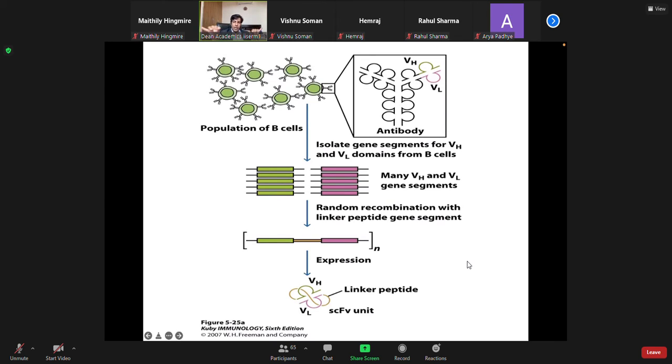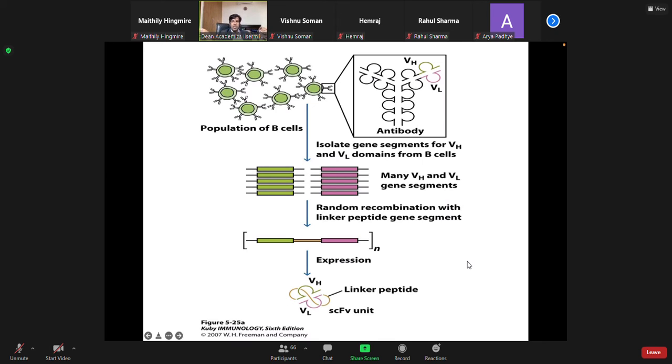Okay, and you have to choose them in such a way that they only amplify the variable region, right? And why? Because you already know that in this variable region you have the framework and then CDR, then framework 2 and CDR, and framework 3 and CDR, and then framework 4. So essentially you have to design your primers from the framework region 1 and framework region 4, both for light